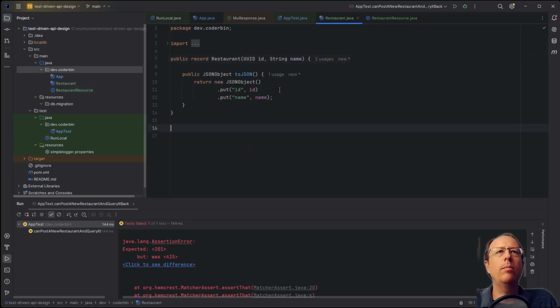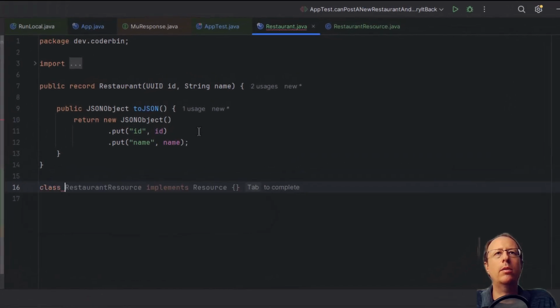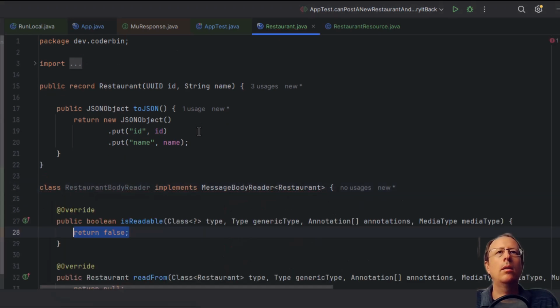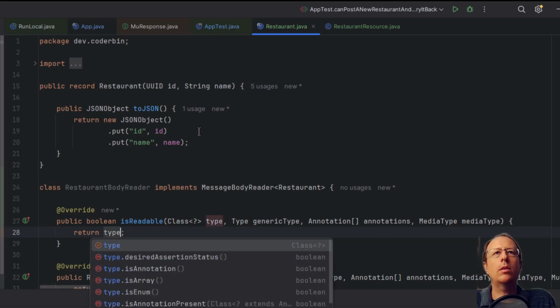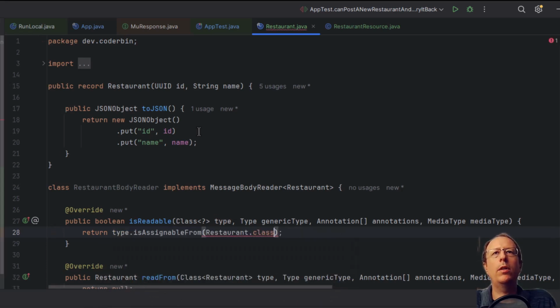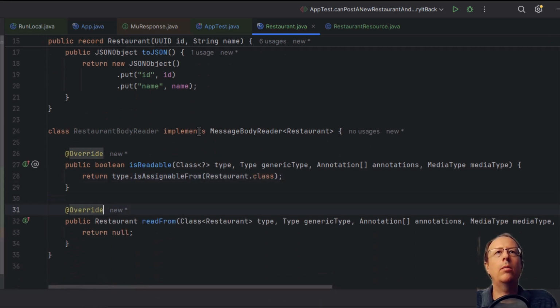We can do this with a message body reader. Let's create one of those. That implements that exactly, yes. This reader supports restaurant types, so if the type is assignable from a restaurant, then we're good to go.